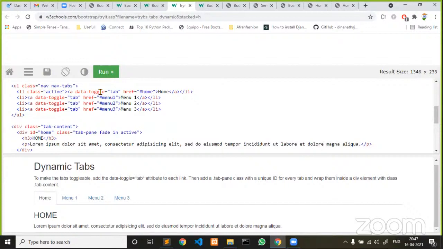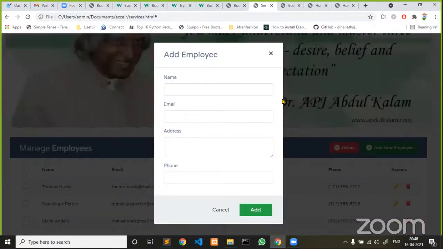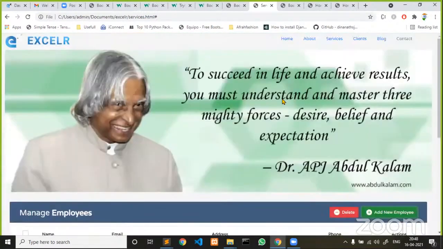About Z-index. Yes, explain about Z-index. Z-index is used to change the stacking order of an element. For example, take position absolute.